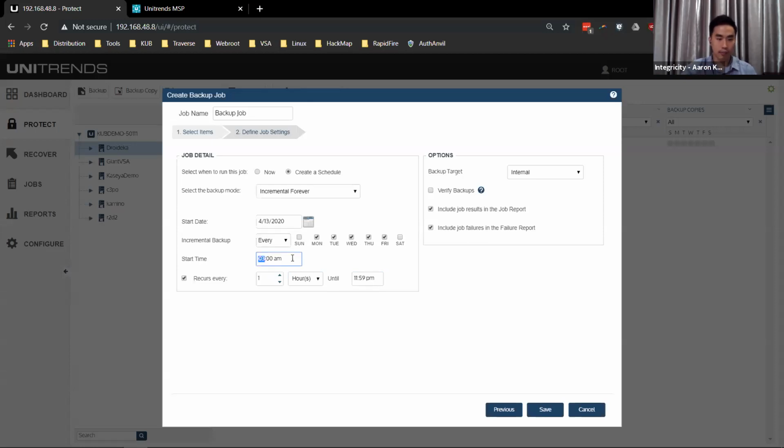So I'll start, let's say, around 7 a.m. Let's say my staff start working at 7 a.m. and if they are off at 10 p.m., I put 9:59 p.m. That will be the last backup. So this will help you to configure the time to save space so that you do not need to keep